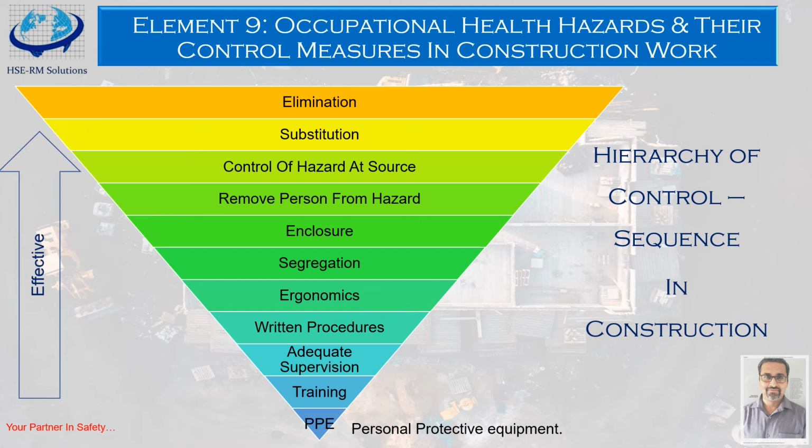Now coming to adequate supervision. You have to understand that on a construction site, one supervisor is doing n number of things. It is not possible. He is not divided into 10 different activities. He will never be able to assess all activities. So dedicated or adequate supervision is to be provided for each activity, so that there is at least, if not a supervisor, a spotter who can say, okay, stop, boss told me that this is how it is to be done, and you are not supposed to do it like this. So at least he is able to stop things. So adequate supervision is required there.